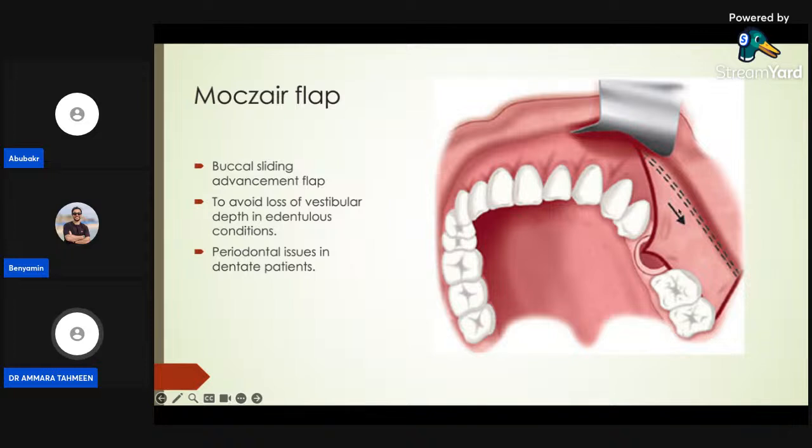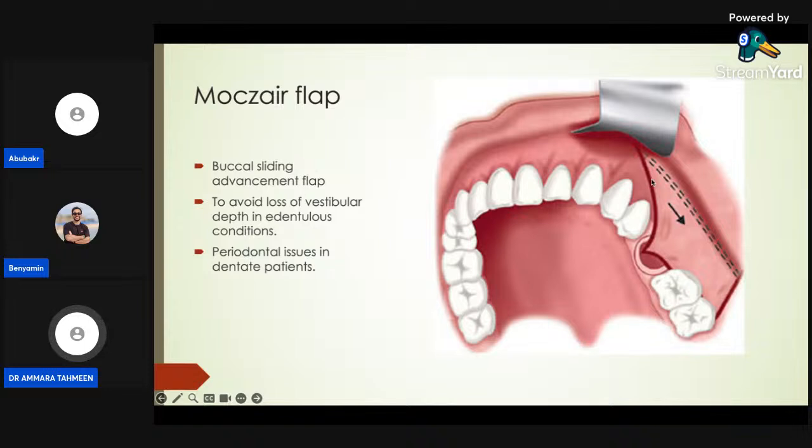So after the mucoperiosteal dissection, the flap is loosened, and what happens? This flap end, which belongs to here, is slid over to the defect, and that's how they close this defect. So what happens when it translates here? There will be no obliteration of the vestibule, but still there will be some reduction in the depth of the vestibule, but it is not as much as you see in the buccal advancement flap. So this is why it is the most advocated procedure in cases of oral communication in edentulous patients.